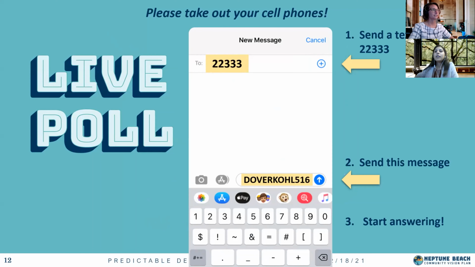If you have any questions or are having issues, let us know in the chat and we can walk you through it. This is using your phone, and you send the number 22333. That's who you're sending the message to, and the message is Dover Cole 516. You'll also see it at the top of your screen when we share the questions.